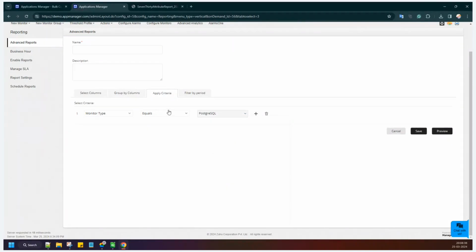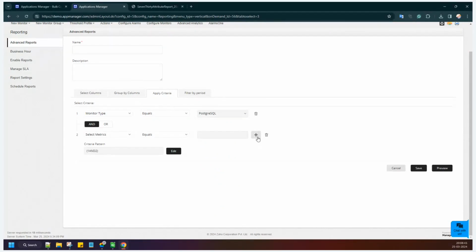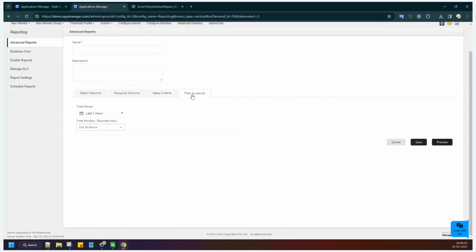So you can just apply the criteria here. You can give multiple criteria by adding the plus icon here, and here you can use either an AND operation or an OR condition. Based on it, this criteria will be applied, and here you will be selecting the period. For example, if you want to generate this report for yesterday's time period, or for the last 30 days, you can just generate those